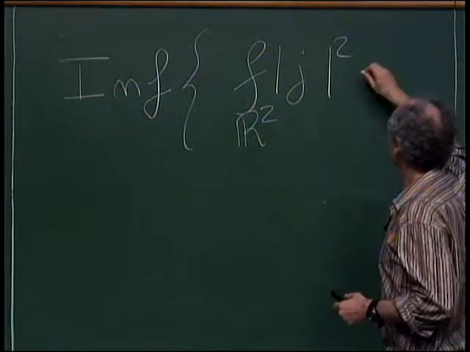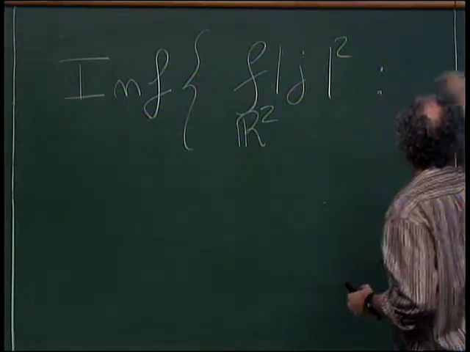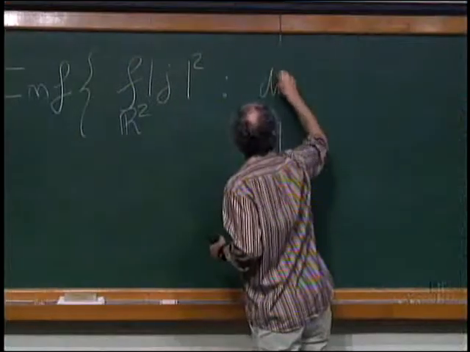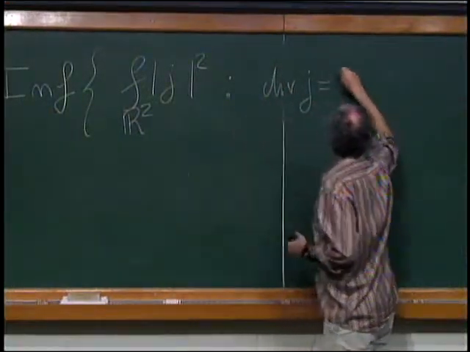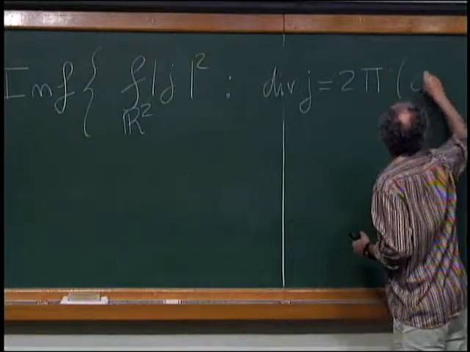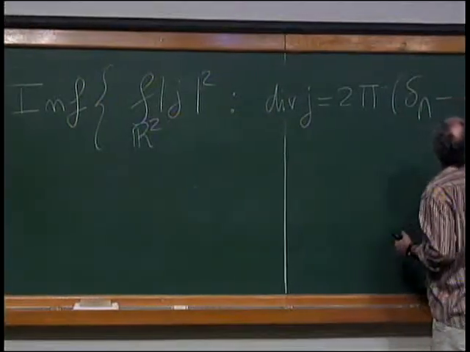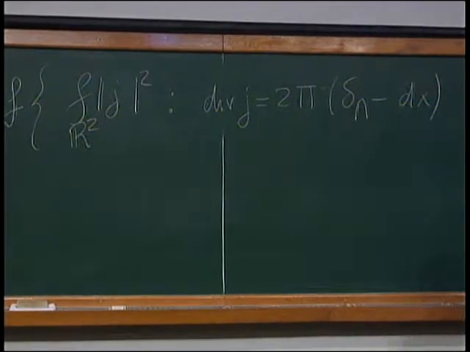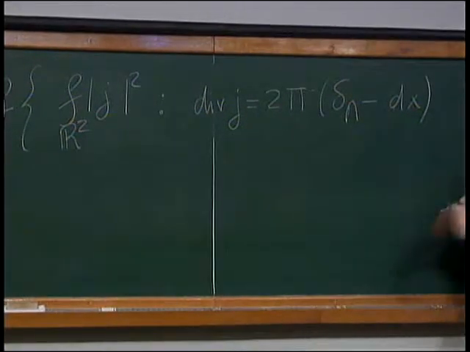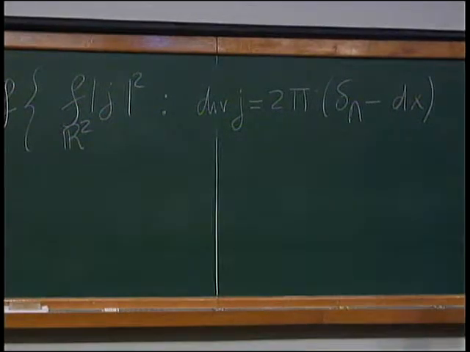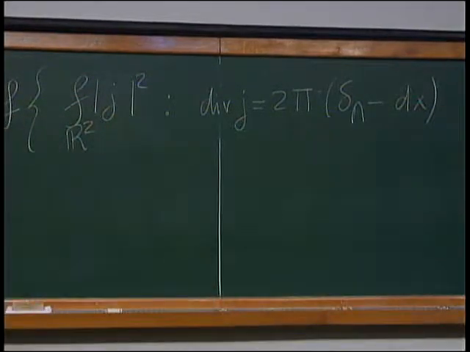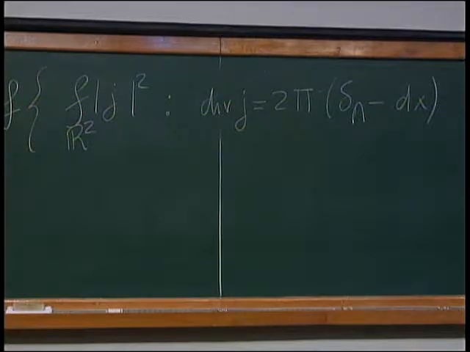So it's the infimum of these quantities for J such that the divergence of J is equal to 2 pi delta lambda minus dx. So what I mean by delta lambda is just the sum of Dirac masses at the points of lambda. Okay, so you take a minimizing sequence lambda n, and you have a corresponding sequence of Jn's